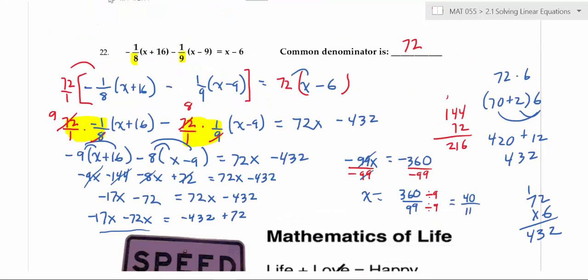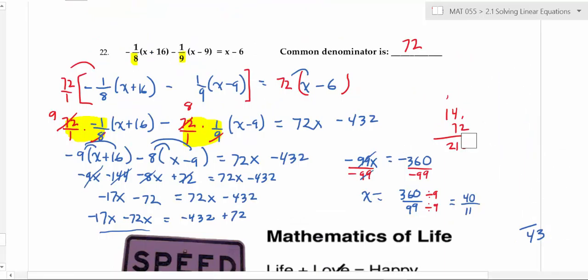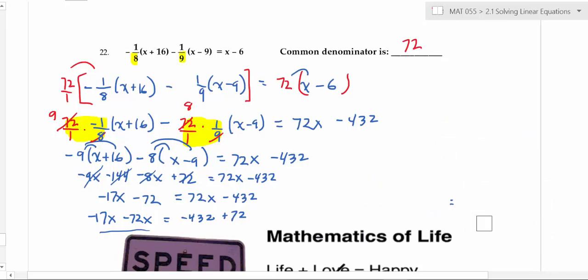Oops, another arithmetic mistake. That's why I put the thing on pause for a minute, because I knew I was doing something wrong. Okay, the lesson I want you to learn from that is when you start doing things fast, I'm going a little bit too fast, that's what happens. So be careful. All right, so these go together to give negative 89x